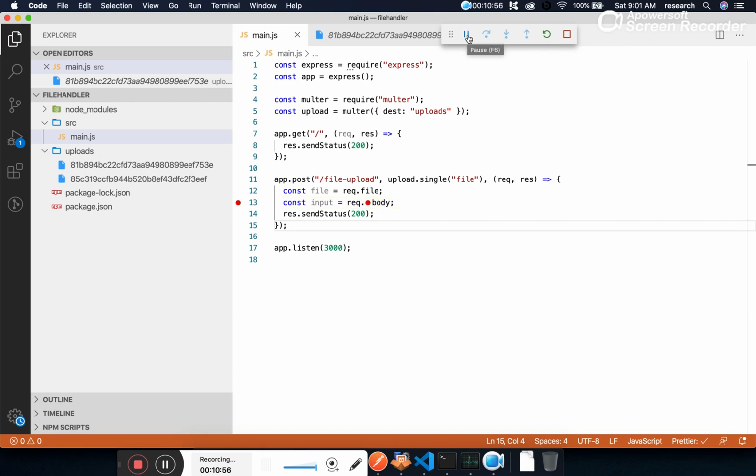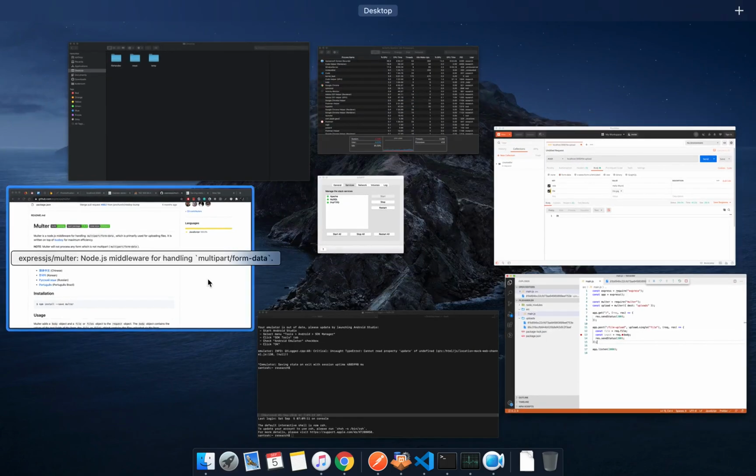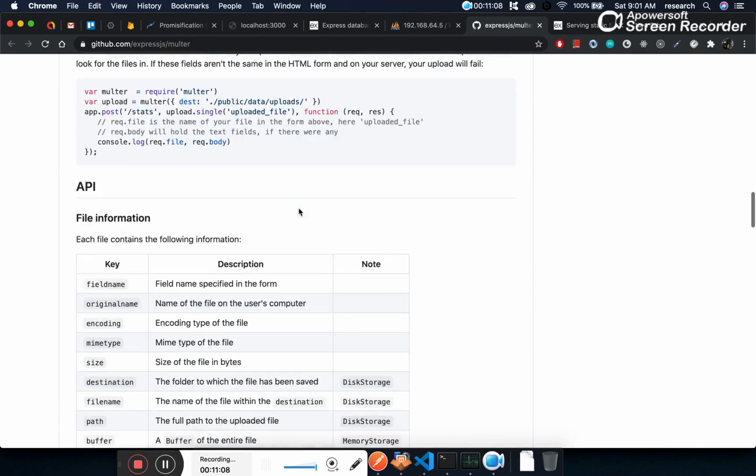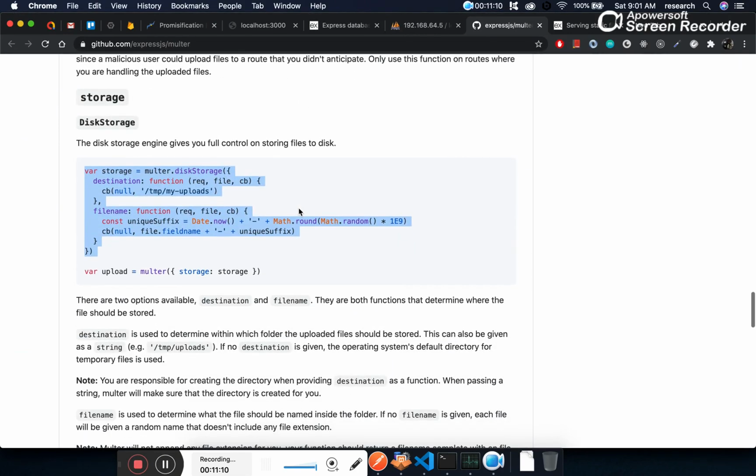So now there is a small problem: the file names are not readable. So how to make this readable? For this, let's go to the Express.js module, and here there is an option if you want to modify the file name and make it readable, because we are going to use that later on to read those images. So we are going to use this option, disk storage. Here we get the opportunity to rewrite our file name.